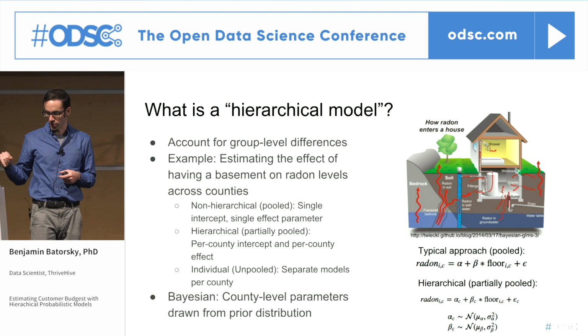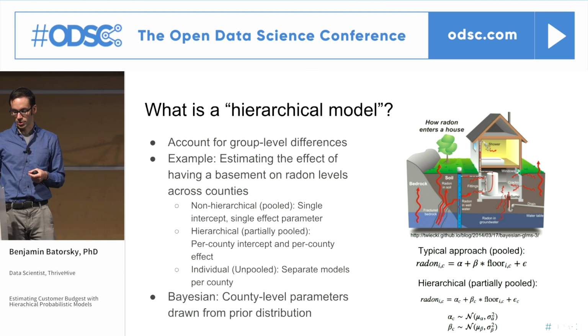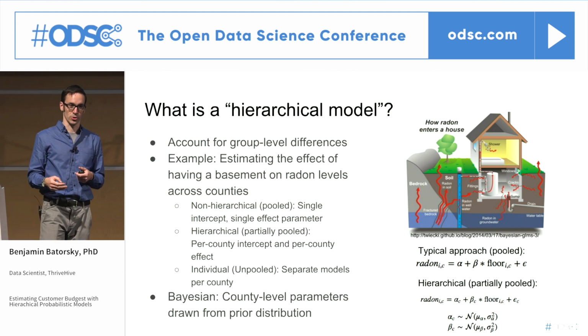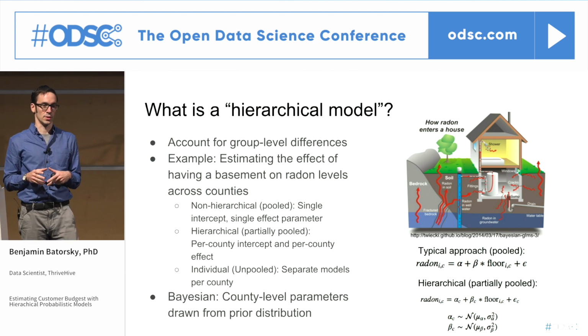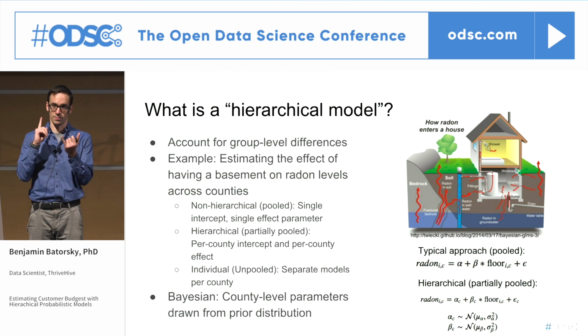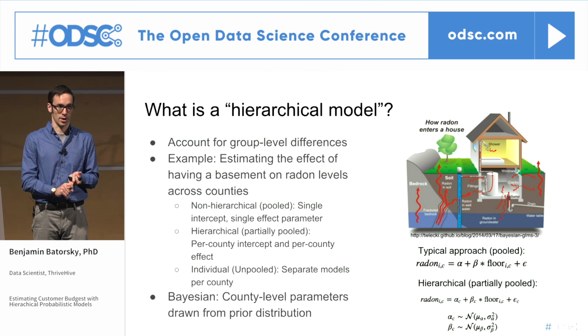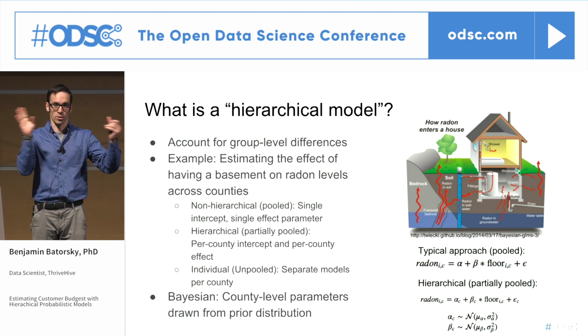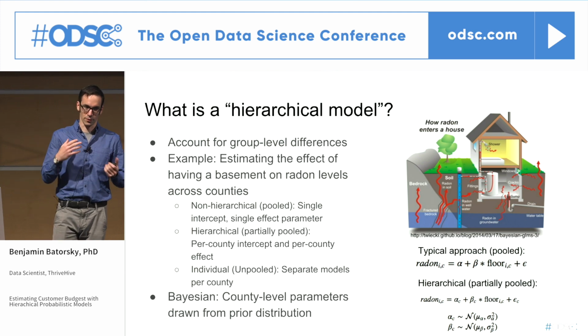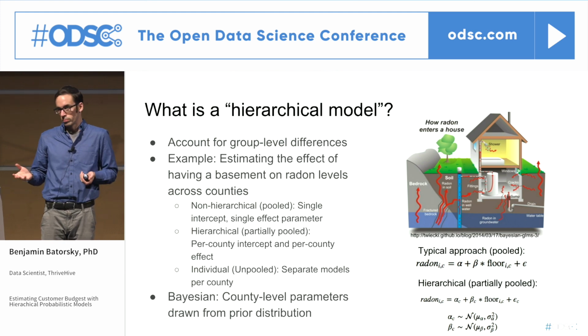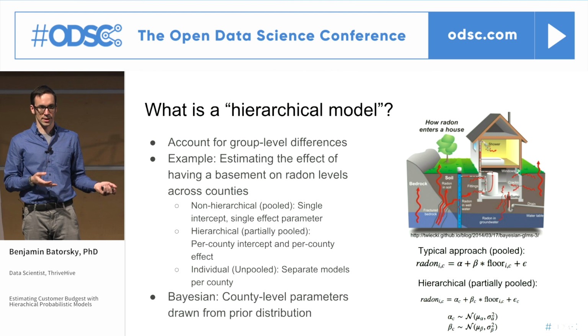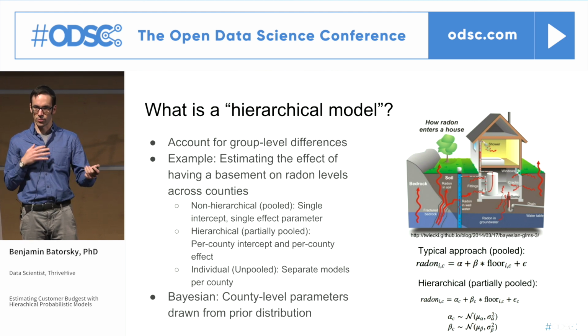The canonical example that Thomas Wiecki goes through in his blog is estimating the relationship between having a basement and radon levels across counties in, I think it was, Minnesota. There are three different strategies for doing that. The typical strategy is a pooled model, right? You estimate a single intercept, a single effect parameter across the whole population. That will probably work, but it probably makes sense to account for some of these